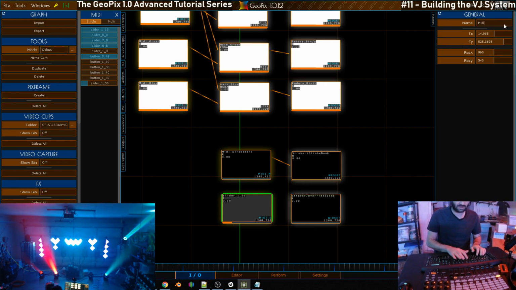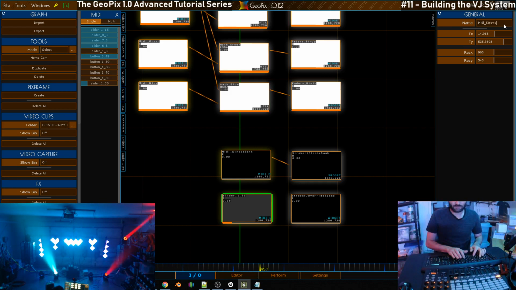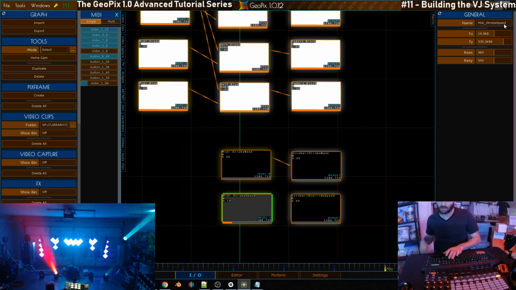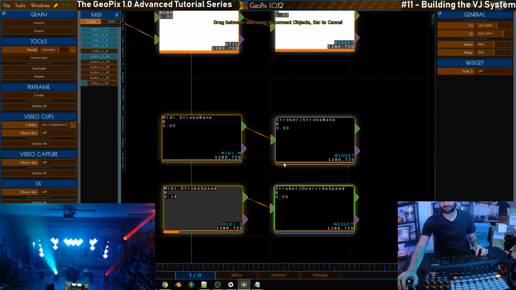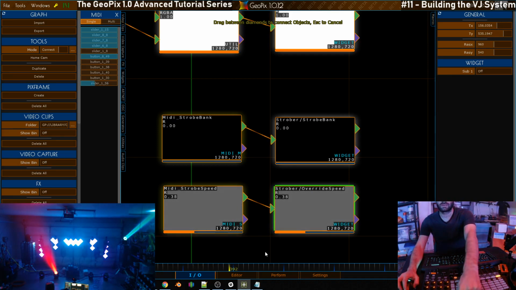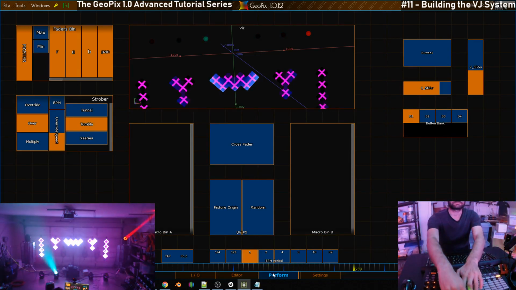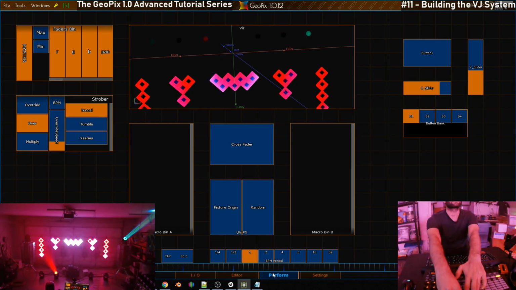We'll call this MIDI strobe speed. And once we've made that, all we have to do is connect it, and we can twist this knob, and we'll see that value changing in real time, and we can also see it changing here. So as I hold this down, I can speed up the strobe, I can slow it down, speed it up, slow it down,